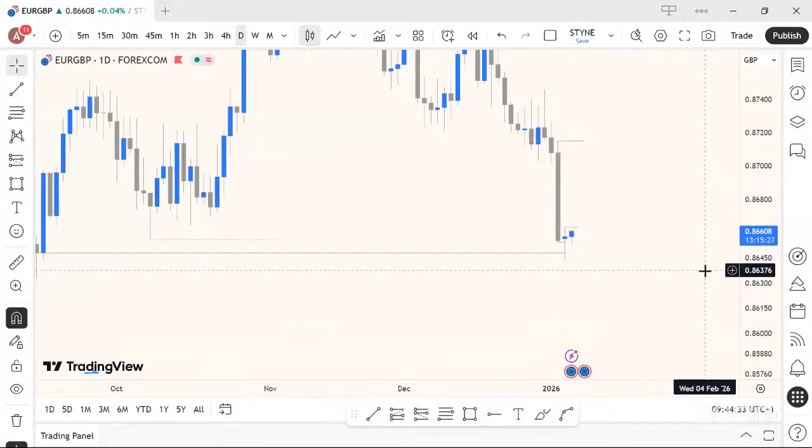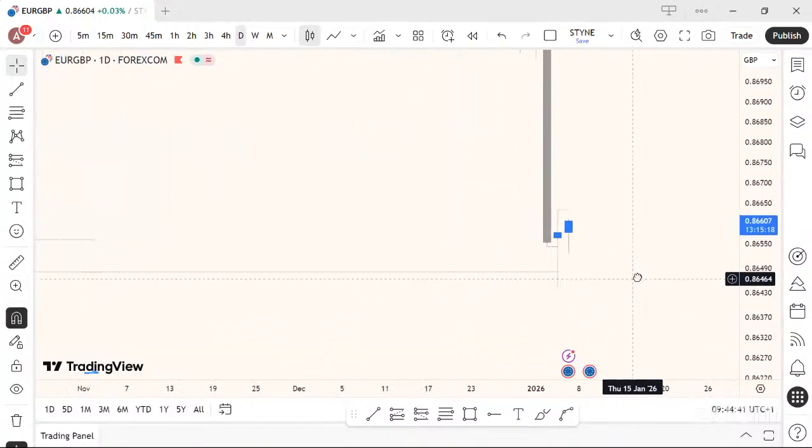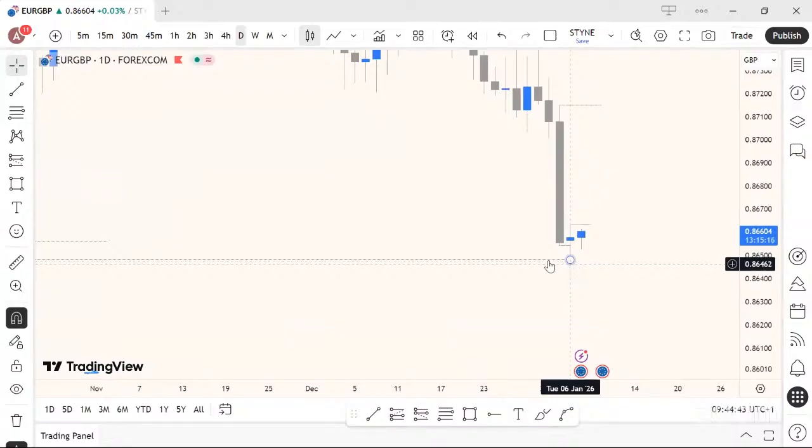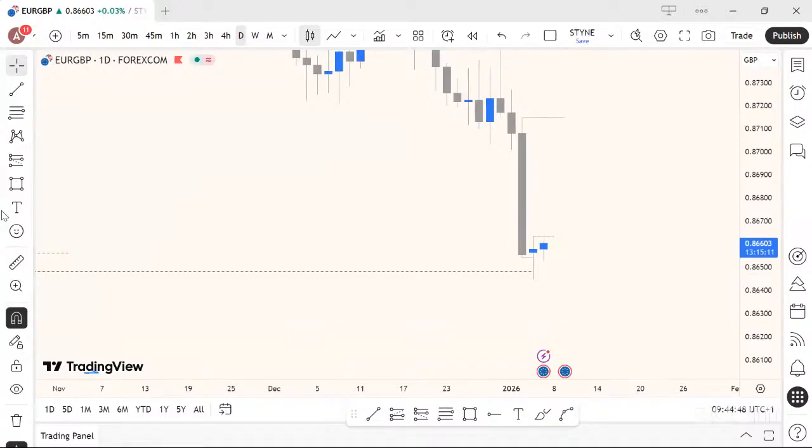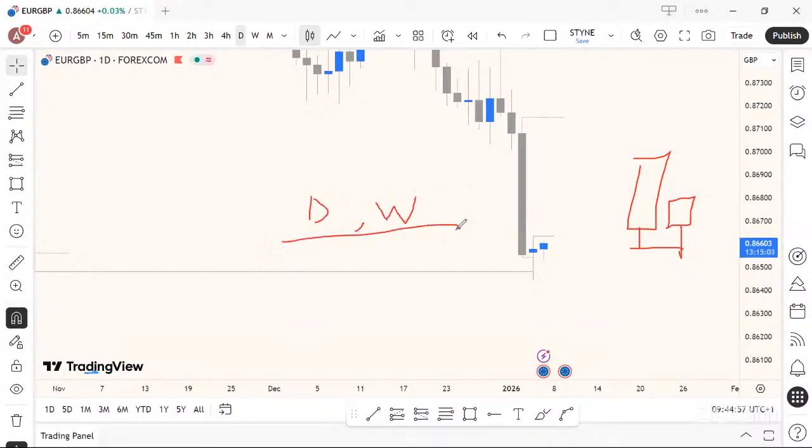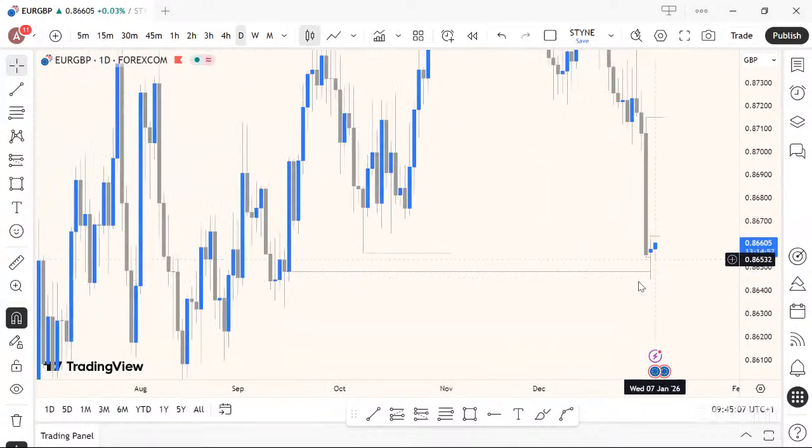Now, if you are looking at our candle theory, you see that there was a sweep of the previous day's low. Can you see? Yesterday, Tuesday, swept Monday's candle. And you know what happens now? When the previous day low of a candle is swept like this on the daily, I use it on the daily time frame and on the weekly. I don't use it on the H4. So if the previous day low is swept, there's a high chance for it to come for the high. So I liked the fact that this happened because it is further confirming that buy that I wanted to buy from here.